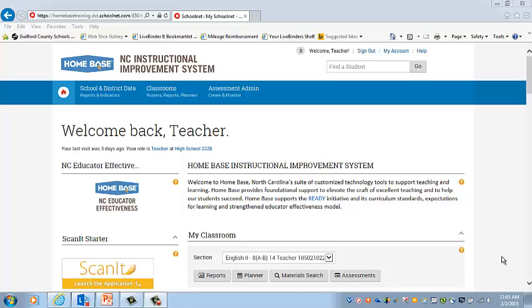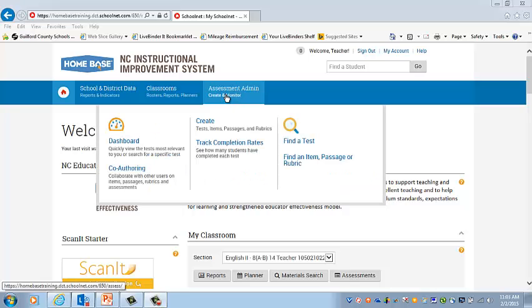In Goal 5, you will learn how to create and assign a manual test. What is a manual test? A manual test is a test that you can create with your own items as well as using items from the test bank. In order to create a manual test, we're going to go to the Assessment Admin tab,